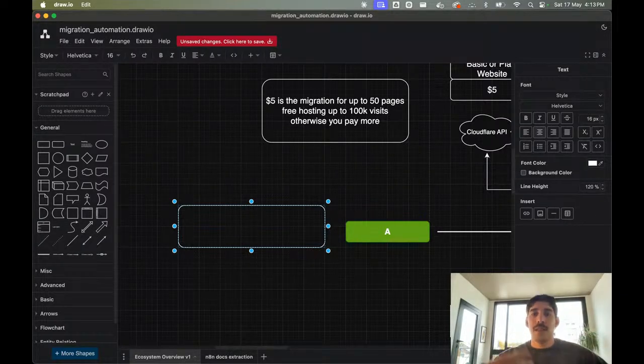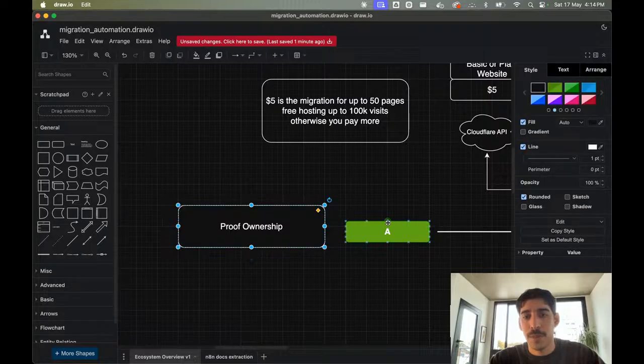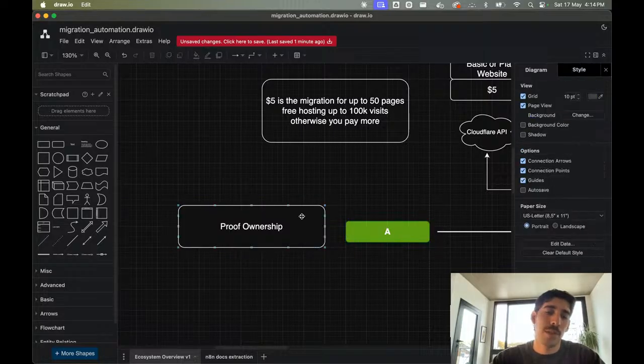So maybe you can only migrate a site if you provide proof of ownership. How do you prove ownership? There could be different ways to do that, but as long as you prove ownership, then you can migrate your website.